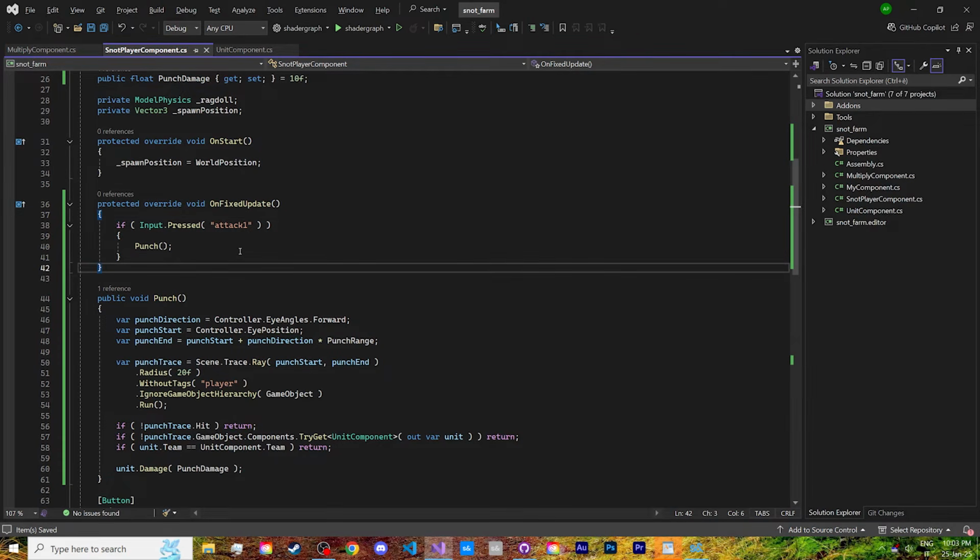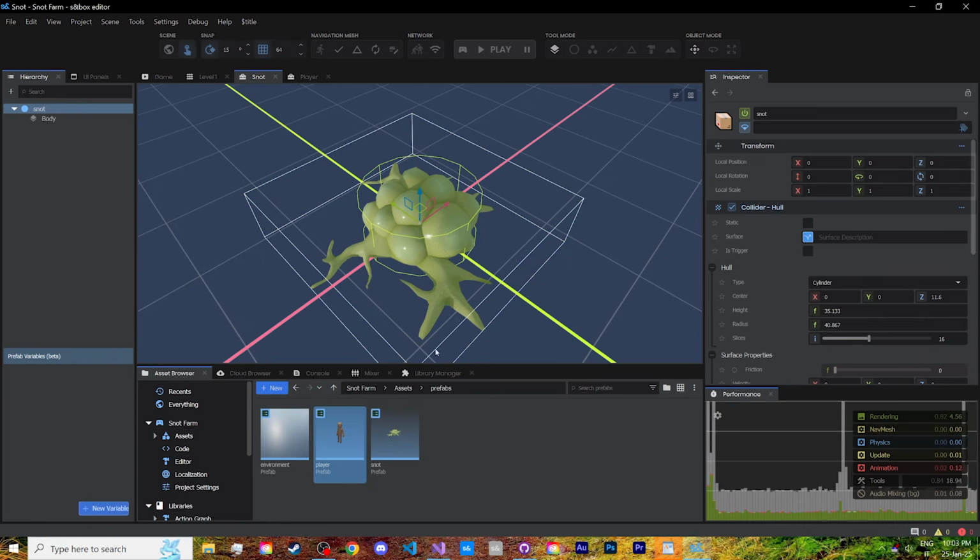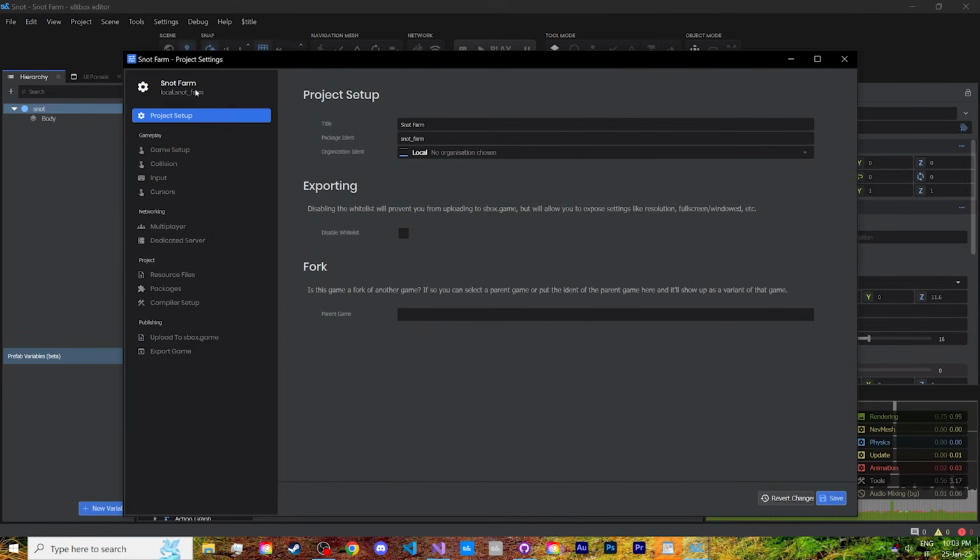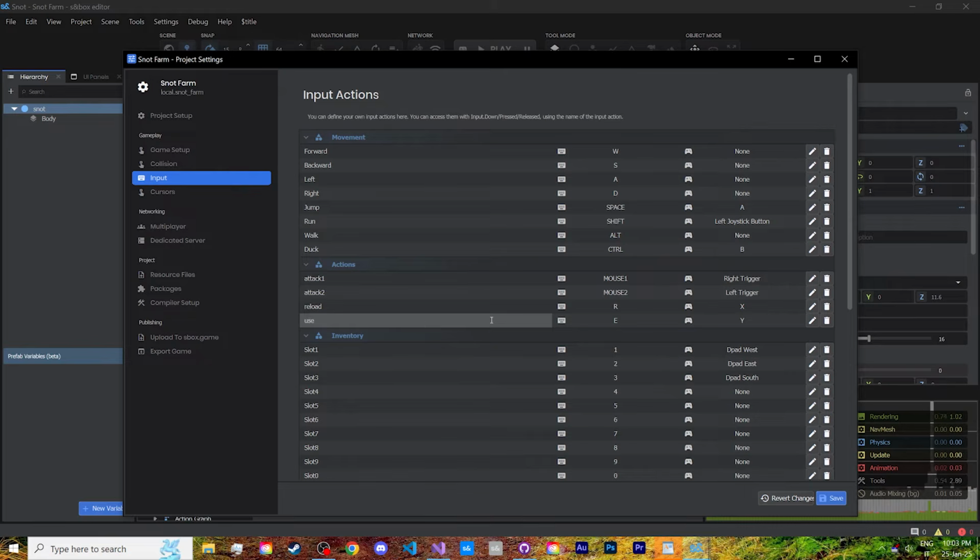You might be wondering, where did I get this attack1 from, and why not mouse1? Well, that's because I'm not using button names, I'm using input names, and those are defined in your project's settings. If you go up here to project and settings, then to the input section, you can see all the inputs defined by default. We have our movement, WASD to move, space to jump, shift to run, and the actions. Attack1 is set to mouse 1 or left click, but it's also set to right trigger for controllers. That's why we use inputs and not buttons, so that our game can support every type of controller